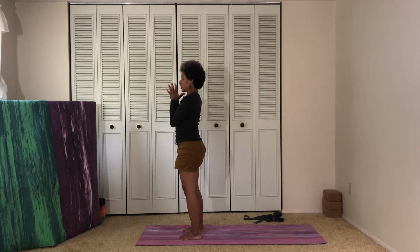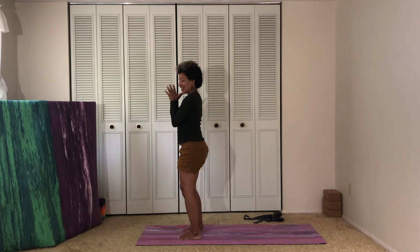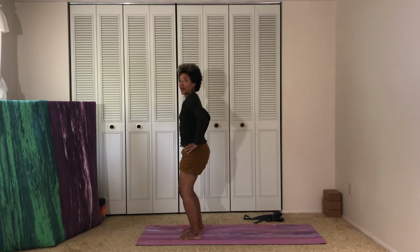Shoulders gently towards each other on the back. Okay, let your knees bend a little bit. And go ahead and again, just inhale, tuck your hips under. Inhale, release. Now with your hips in neutral, so not tucking them under, bring the hands to the tops of